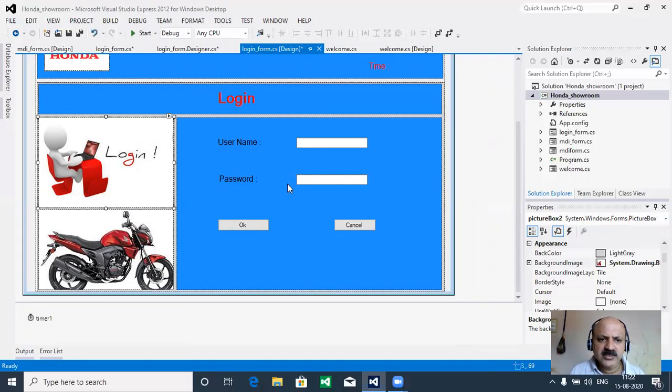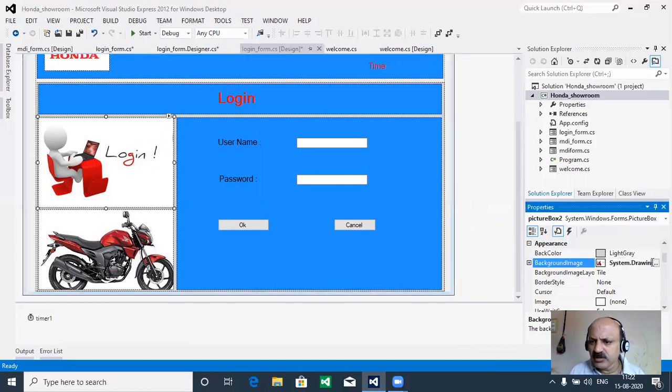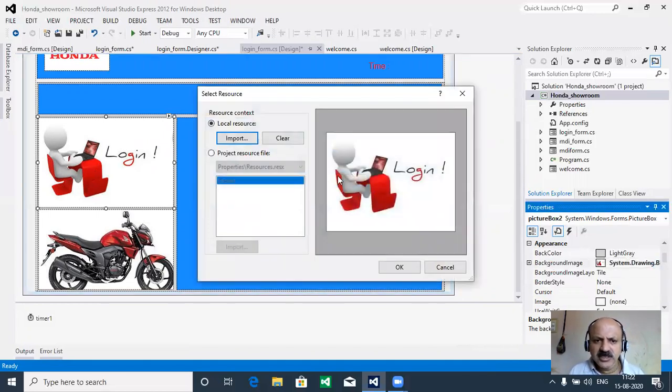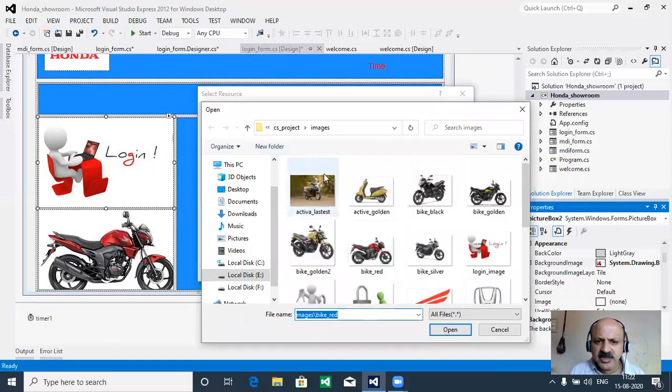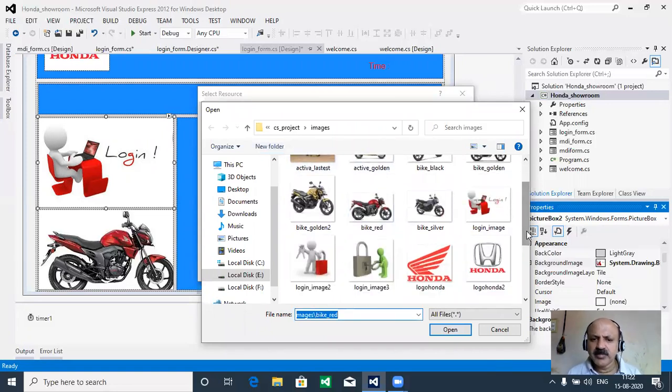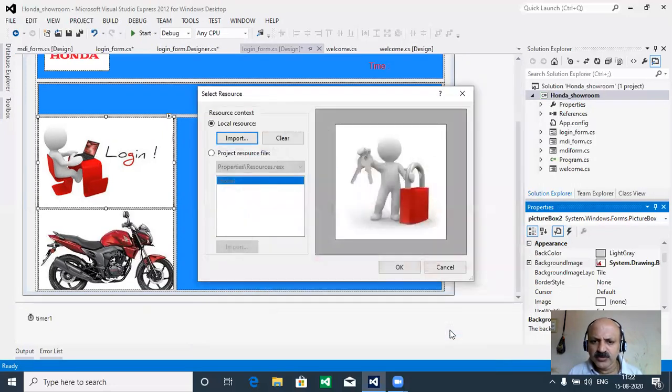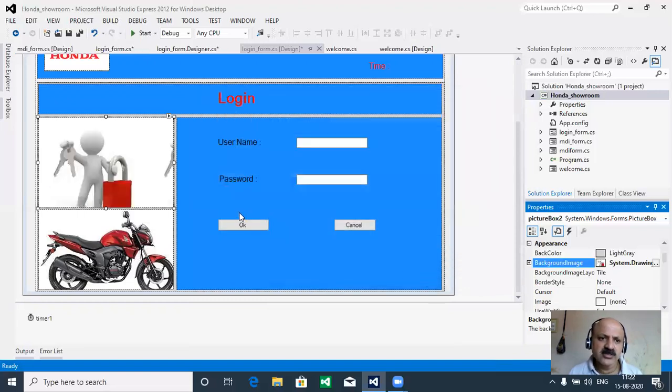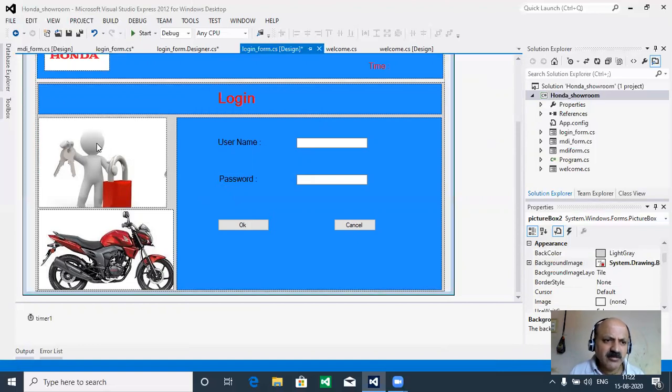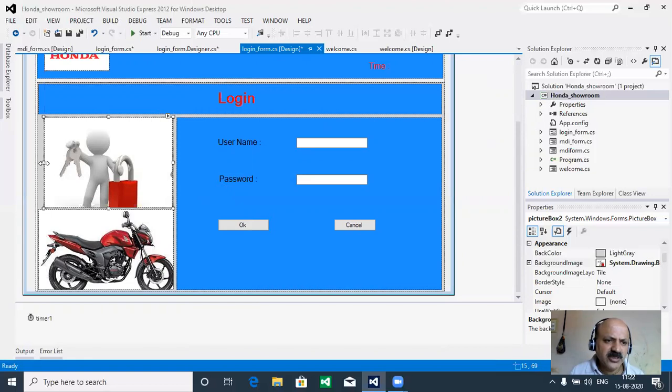In the same way, I change our login image too. If you do not have this image, you can download two or three and pick the one that matches your requirement. Like here I take this image, no problem. So let us check how it differs. Yes, here we can decrease some size, okay, and then you can take it here and also increase it, if required.